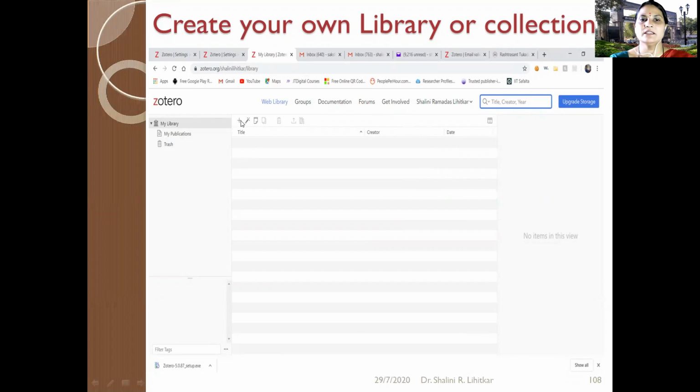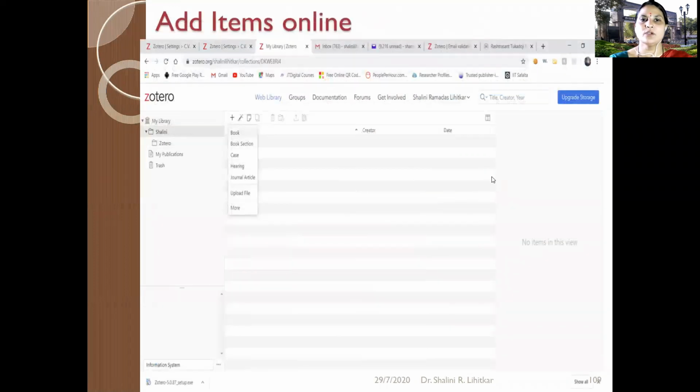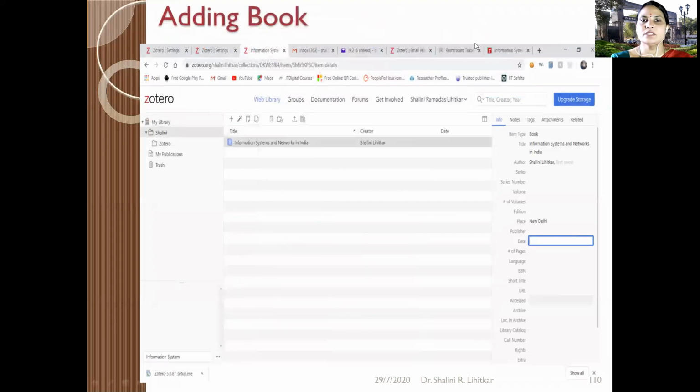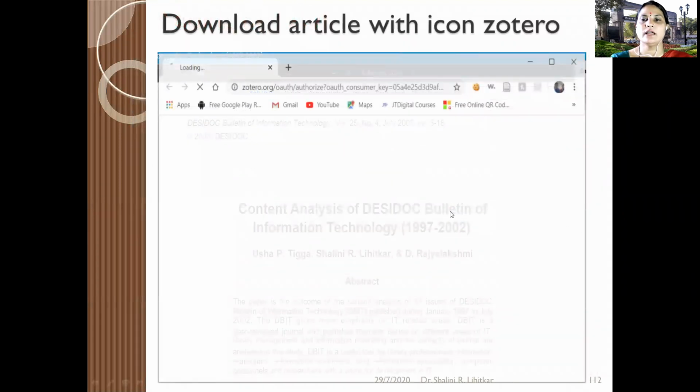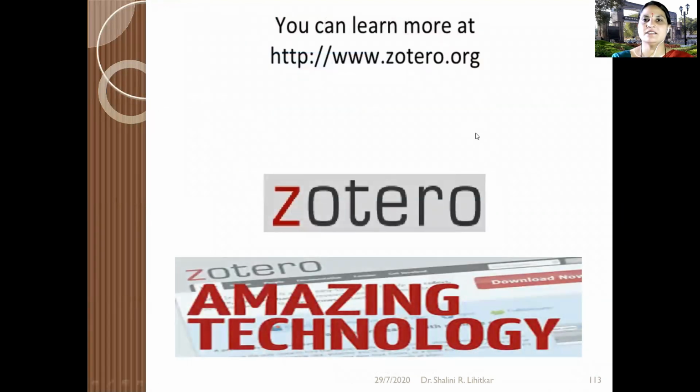There is a plus sign. You can add books, and any number of items like book sections. You can add journal articles. You can also upload files. So this is the slide regarding how to add books, and how to add by DOI. You can just have the experience. You can download any articles and save them in Zotero also. So friends, this is an amazing technology. You can use it, and if you want to learn more, you can use